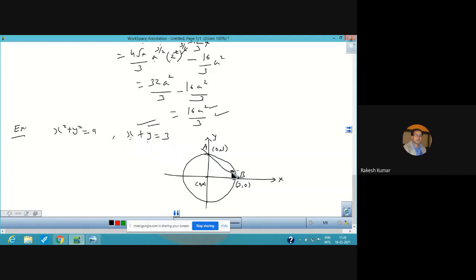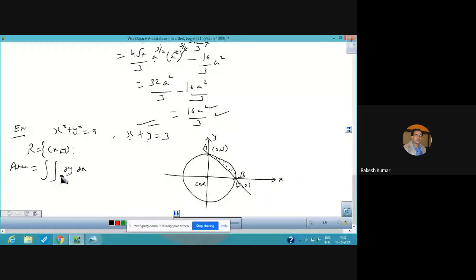So try to plot this line. So this will be the line. Now this is the area bounded by the line and the circle. So we have to find out this area. And we know that if we want to find out area, the area will be double integration dy dx or dx dy. So it can be taken as dy dx. And for this, we have to find out the limits. If we are writing y first, then we require the limits of y in terms of variable x.